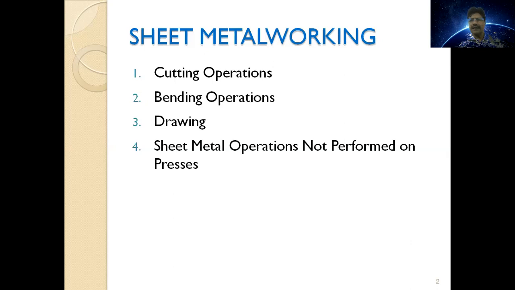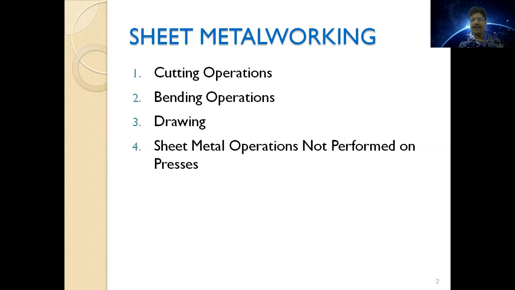These are basically gauged in SWG, standard wire gauge, which is just about the thickness of the sheet. SWG 22 is commonly used for automobile sheets, and sheet thickness 22 is also used for making almirahs for domestic purposes. Cold rolled and hot rolled sheets are made by a process known as rolling, which we have earlier discussed.